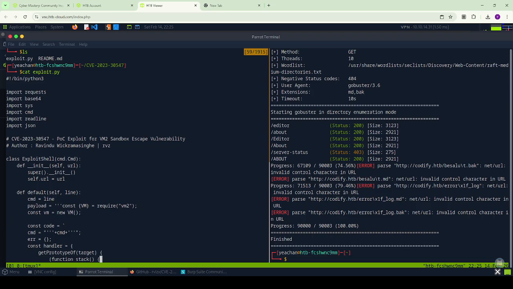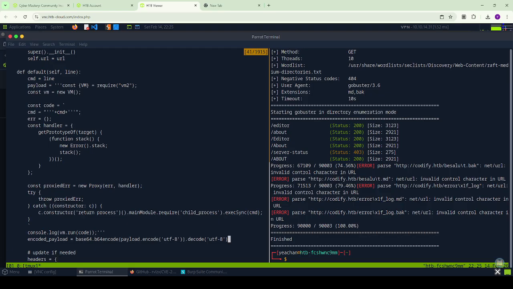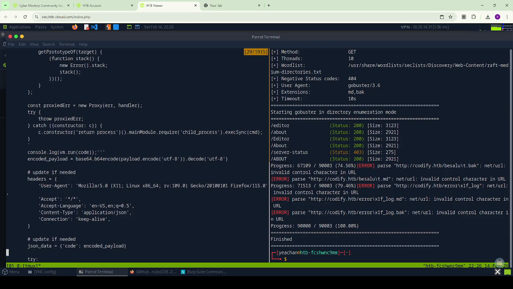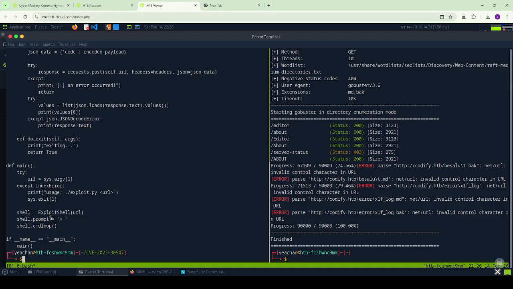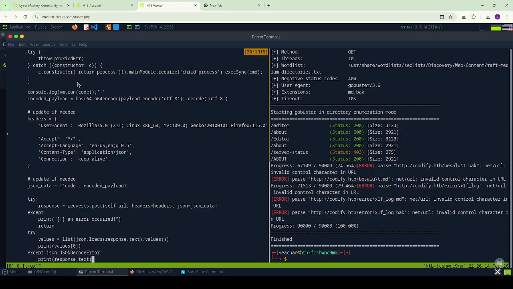Const code and console log vm run. It looks to be the encoded payload. It looks like the encoded payload is encoded with base64, and I can just decode it like this. Base64, and the JSON data is the code, the encoded payload, and